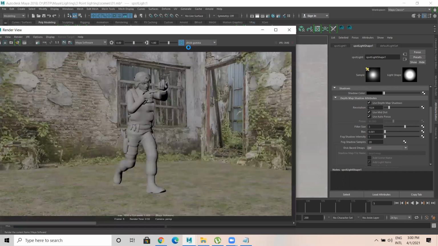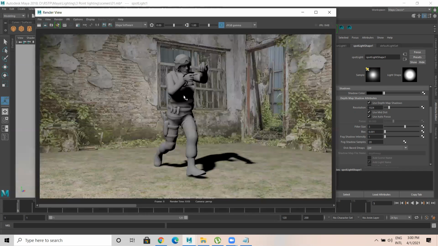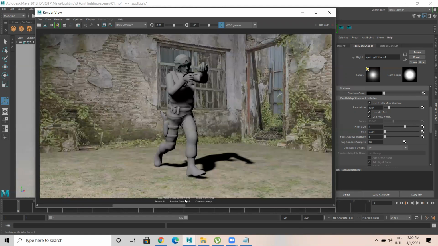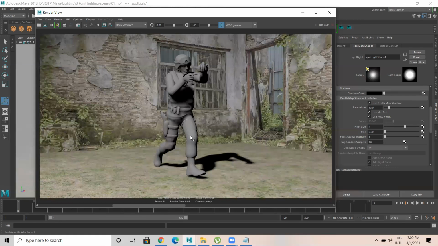Let me take a render. Let's see how this looks, just with the key light. With the key light, there's a drastic change. Now this is the previous shot. There is no depth at all in the scene. But now you see, we automatically get the shadow, and even the look and feel of the character in the scene has changed, right? And I think the background and the floor are blending with the scene.